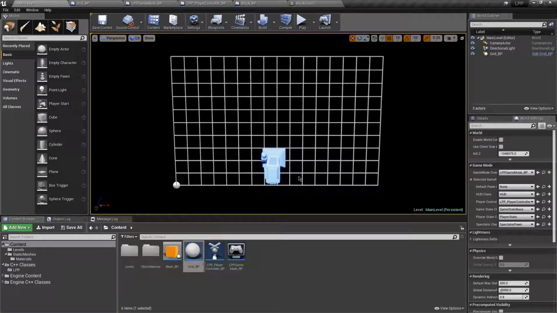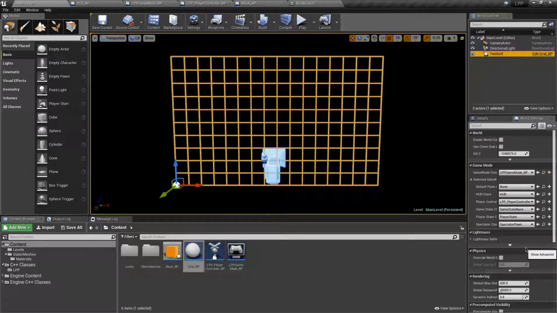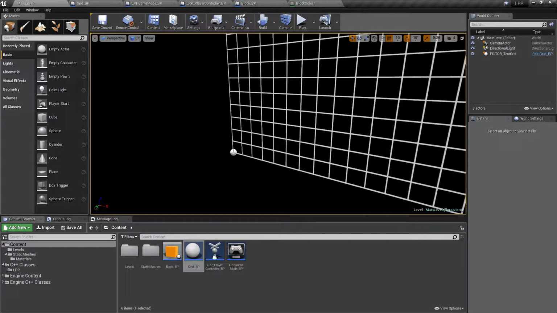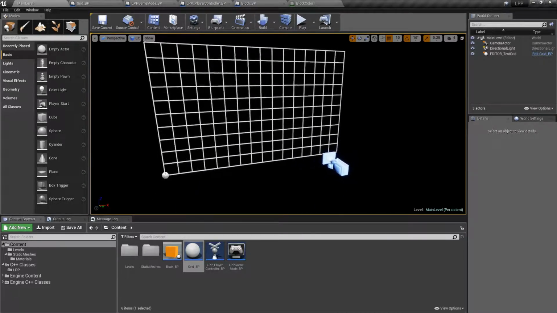But what we can do is call this like test grid. And we can make this, can we make this specific instance not appear in game? Yes. So now this is only in the, I'm going to call it editor test grid. So this is a grid we see when we're in the editor, but if we were to play the game,